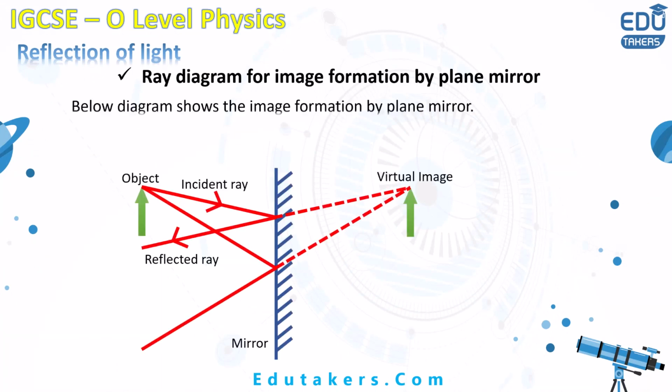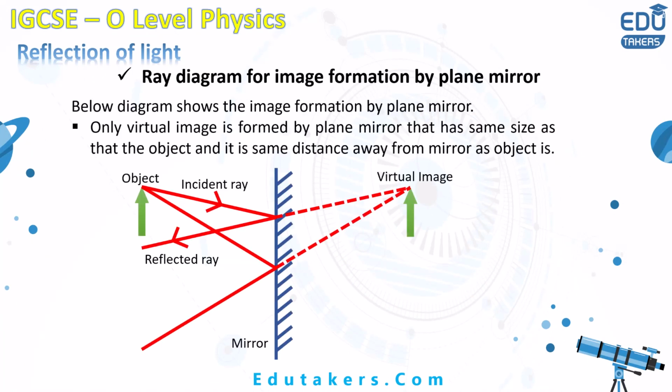How does the ray diagram look when the image is formed by the plane mirror? You know that the image formed by the plane mirror is inverted. And the second thing, a virtual image is formed by the plane mirror. Virtual image means that the image cannot be focused onto a screen. You also need to recall here the characteristics of the image formed by the plane mirror. The size of the object and the size of the image should be the same. The distance of the object from the plane mirror is equal to the distance of the image from the plane mirror. So these are the characteristics of the image formed by the plane mirror.